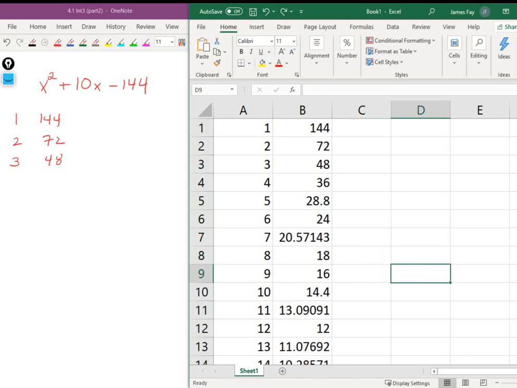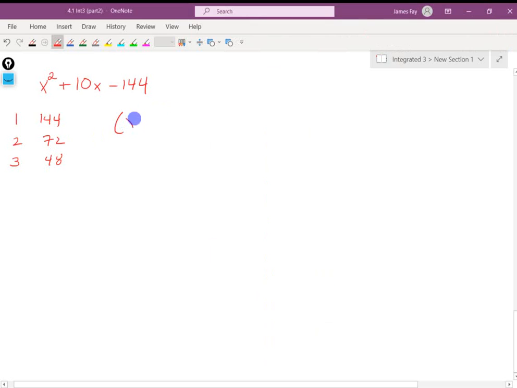144, which factors are going to multiply together to give me 144, and which ones are going to add up to give me 10? Those are the ones that are 10 units apart. So we're going to have 8 and 18. Which one of them needs to be positive? Which one needs to be negative? Negative 8. So we're going to go x minus 8 and x plus 18. And now we have that thing factored pretty quickly. Does that make sense? Okay, so let's do